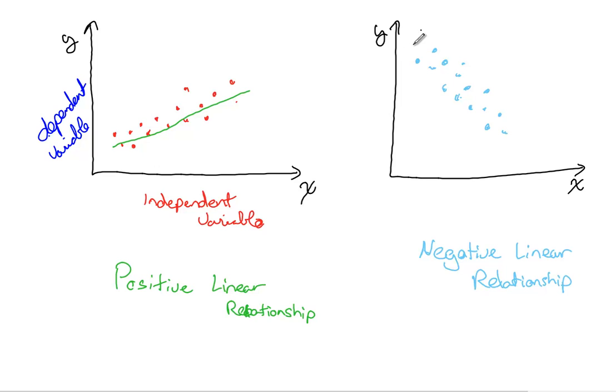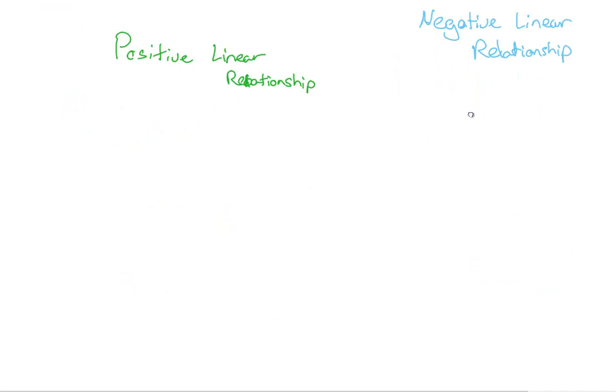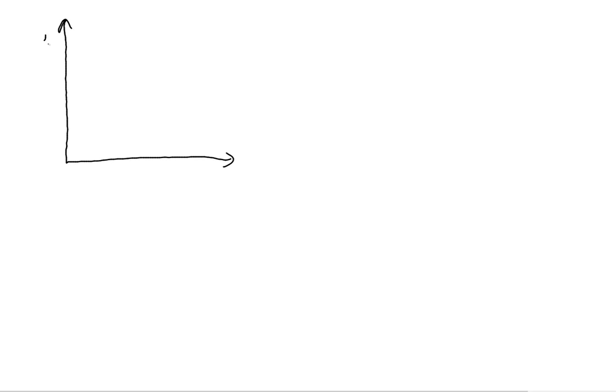Because we could almost draw this line down through here, and it would have a negative slope. Let's look at two more types that look like this. Here's my x and my y coordinates. And then wherever I put them on the graph, if I put my points on a graph,